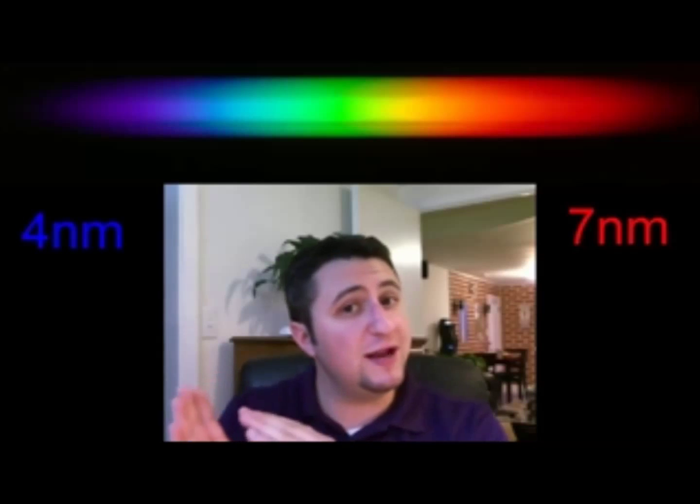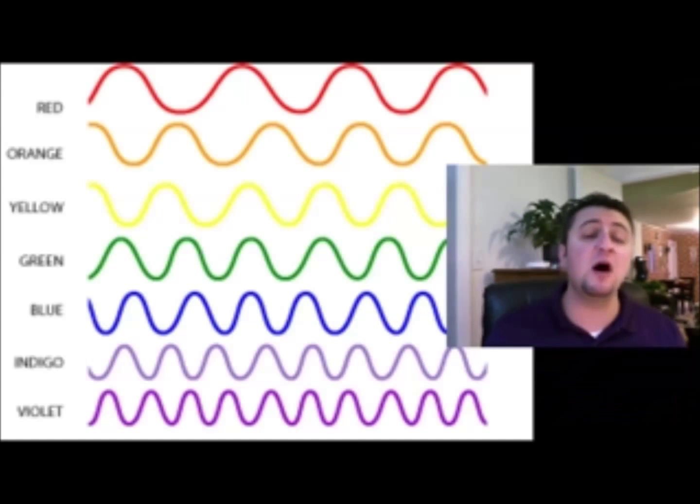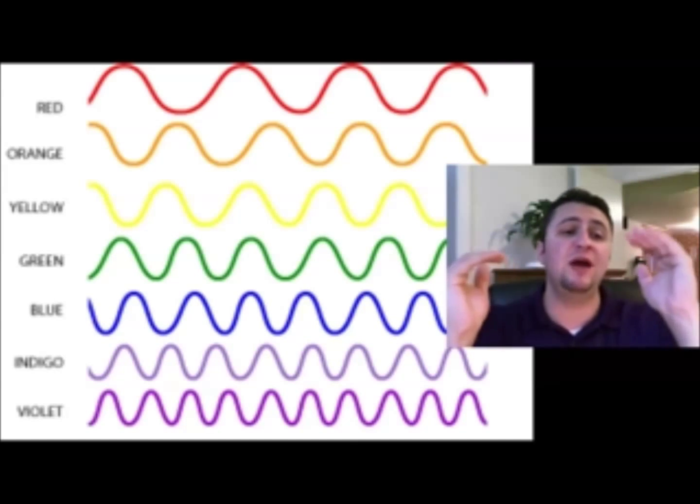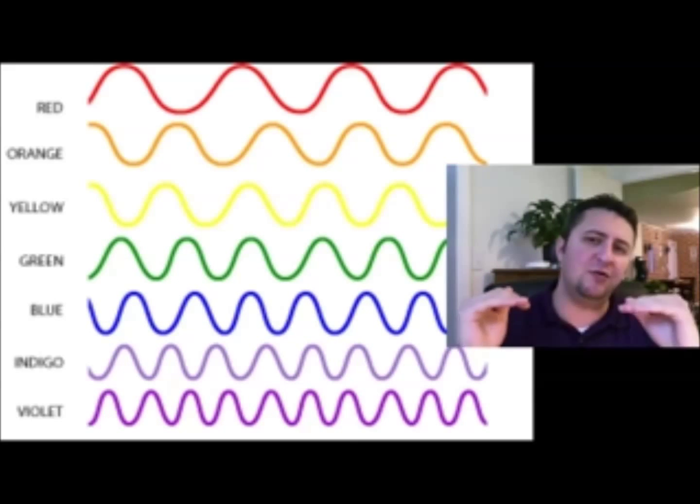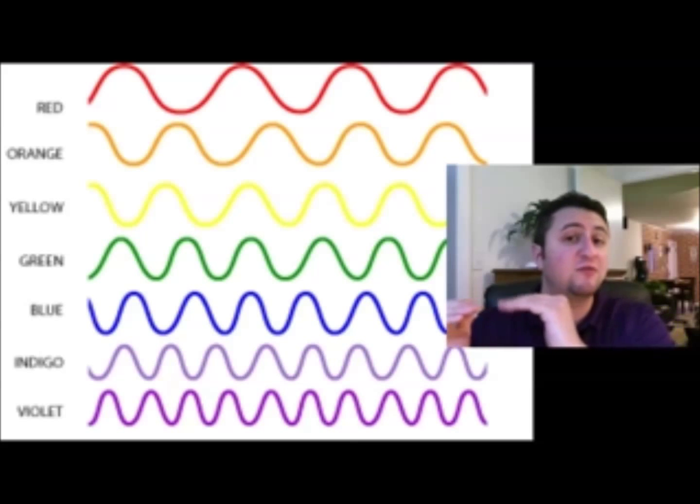So to start with, the redshift and the blue shift is a phenomena that occurs with light. Over here we have our red light, and over here we have our blue light, and in between we have our Roy G. Biv. Now red light has a wavelength of about 7 nanometers, and blue light has a wavelength of about 4 nanometers. To fully understand the redshift and the blue shift, we must understand that different colors of light have different wavelengths. Thus, you ever heard of Roy G. Biv? This is where Roy G. Biv comes from. Our reds way up here have a very big wavelength, thus they go by less often. And our violets and blues down here go by very quickly, thus they have a higher frequency because they go